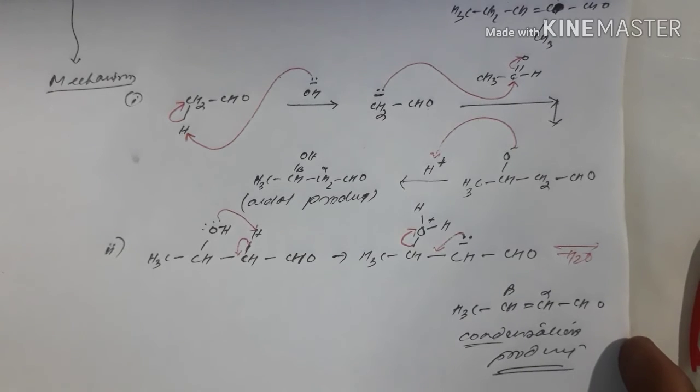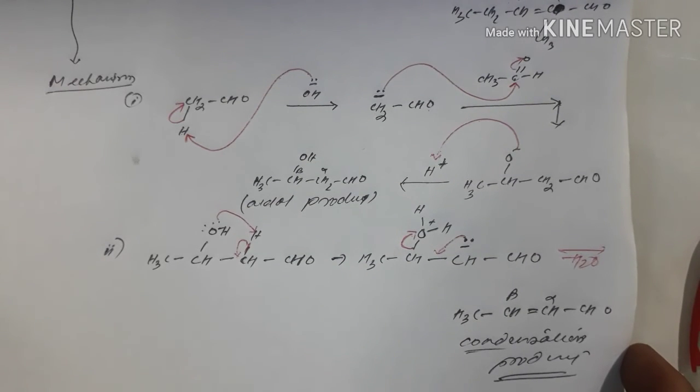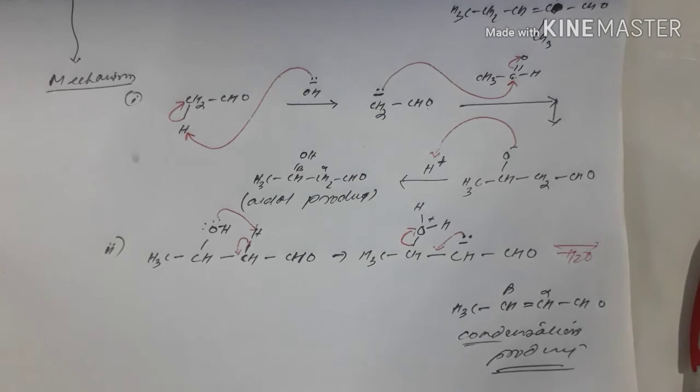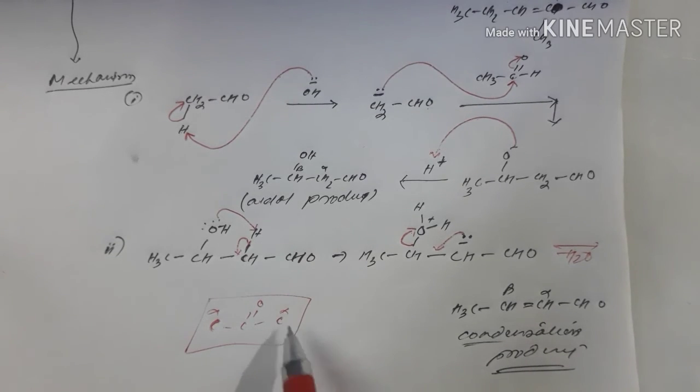I hope you guys were able to understand the thing, right? So if you like it, then I can show you these things with the ketone also. If you like the video, then you can ask me to do it with the ketone one also. I can explain the thing. But in ketone, we can have a number of products, because ketones are like this, right? C double bond. So I can have two alpha carbons, right? With the variation of the alpha carbon, I can have two different products.